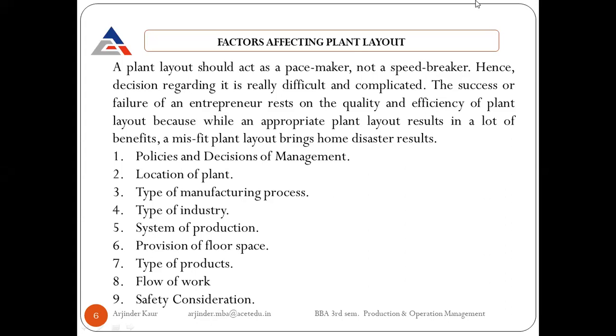Next is the safety consideration. Production operations involve risk of accidents. So while deciding a particular layout, provisions for safety requirements should be kept in mind. A good plant layout is one which eliminates or minimizes the possibilities of accidents or the risk, and which makes suitable and effective safety arrangements, because people will be working. There are some machines, so proper instructions should be given while deciding on the layout. There are some machinery wherein the people shouldn't come in contact. So there is some radius